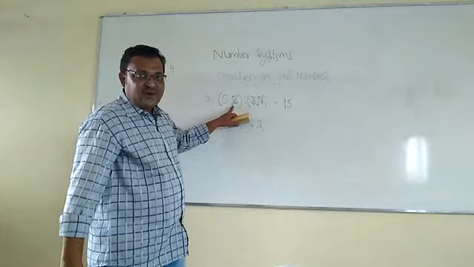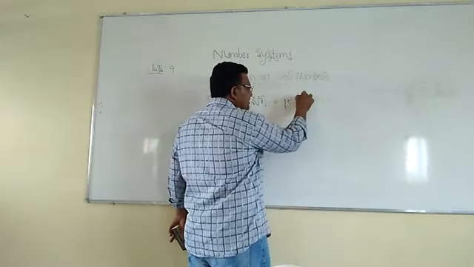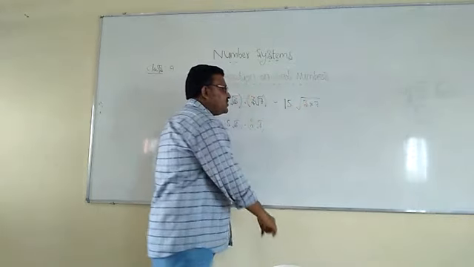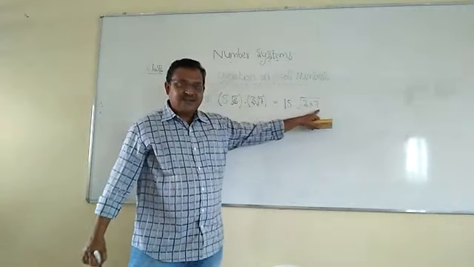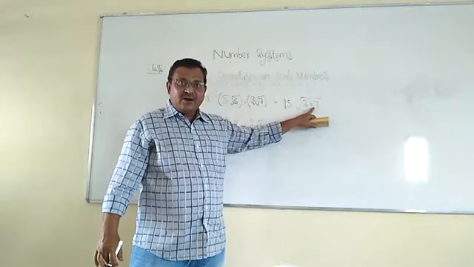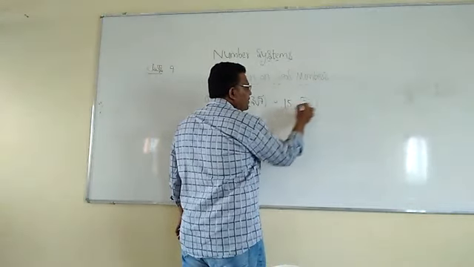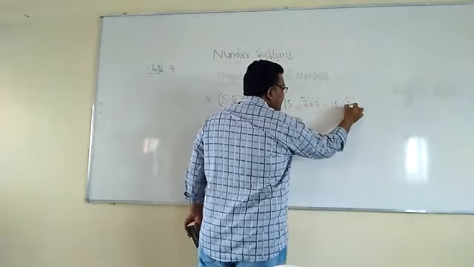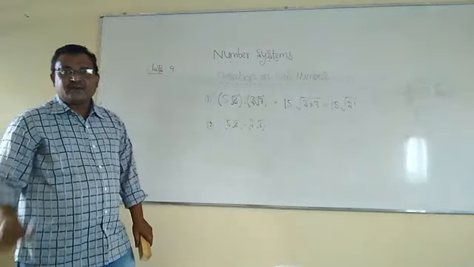And the next, here it is a square root, here also it is a square root. So square root of 3, square root of 7. We can write this under the same square root. That means 3, and what we are doing is multiplication, that's why into 7. Square root 3, square root 7, same under square root only. That's why I have written the same square root, and multiplication, that's why into. Now 15. 3 sevens are 21. So the result we got is 15 square root of 21.